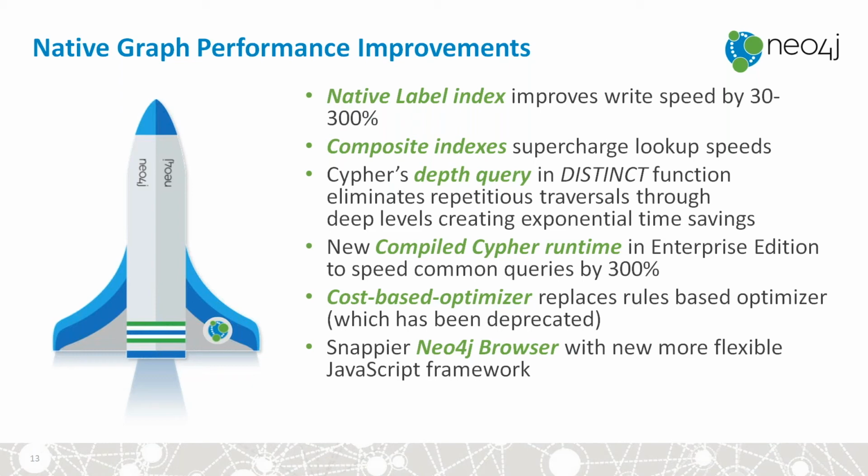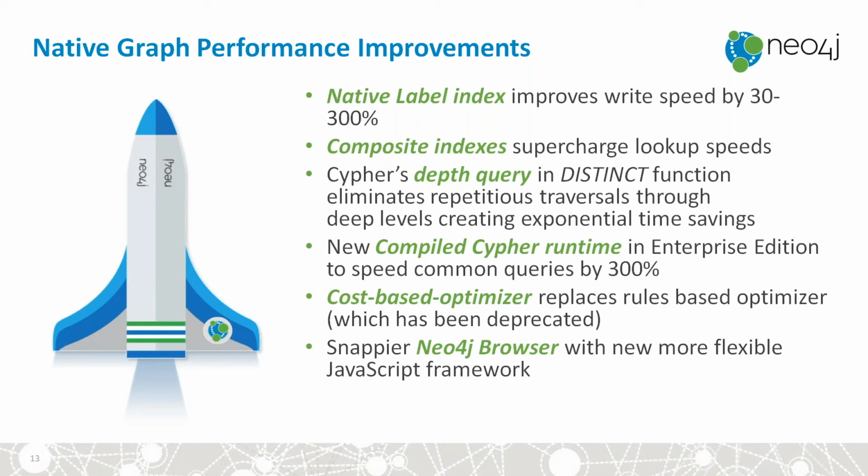Number 3 bullet here is pretty interesting in that, because we own the overall native graph stack, we're able to invest in and modify all kinds of different areas in the database and continuously improve performance of specific activities. So within the Cypher query optimizer, we've taken the depth query in the distinct function. A depth query determines how many levels deep we go into the graph whenever we're looking for information, and we've